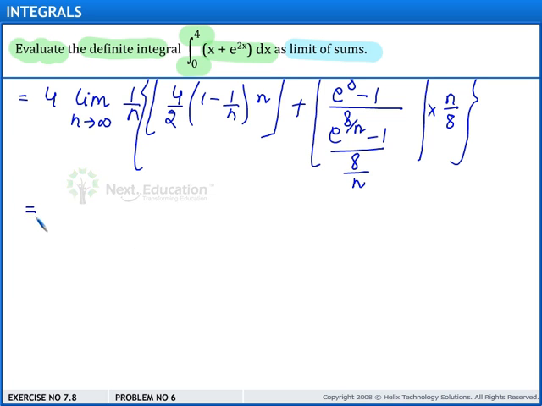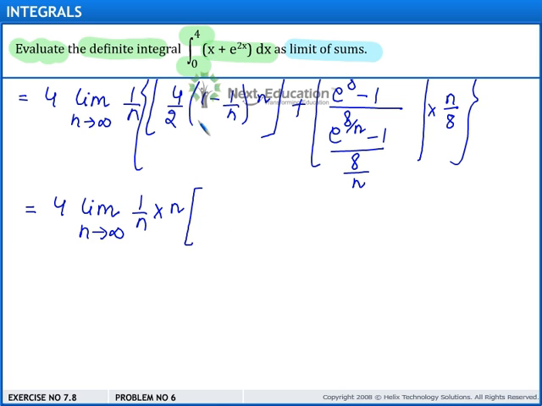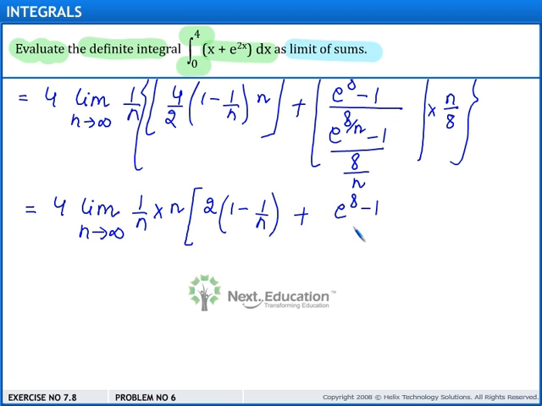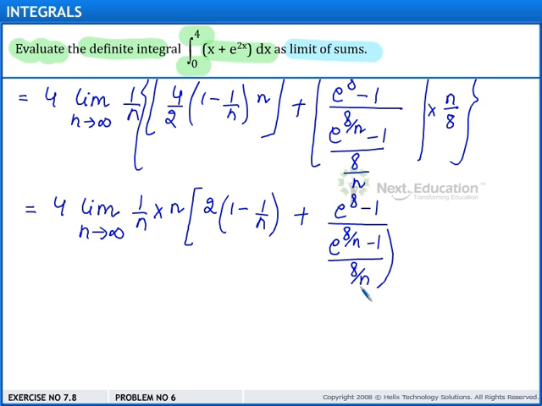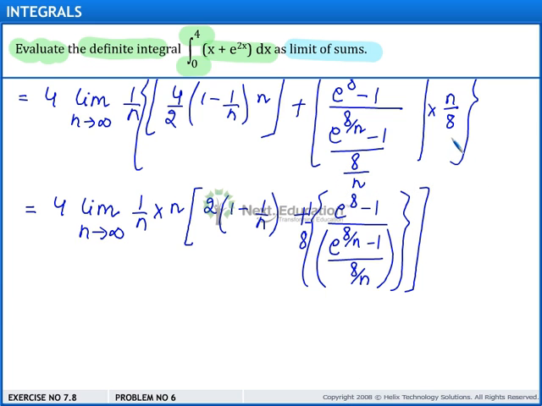Now this is further equal to 4 into limit as n approaches to infinity 1 upon n, taking n common. Here we have 2 into 1 minus 1 upon n plus exponential raised to the power 8 minus 1 divided by exponential raised to the power 8 upon n minus 1 divided by 8 upon n. And n upon 8, so multiplying this with 1 upon 8. Since n we have taken common,